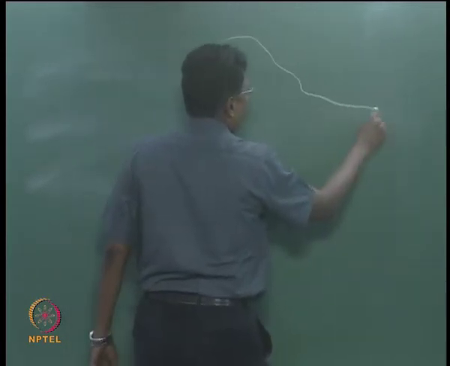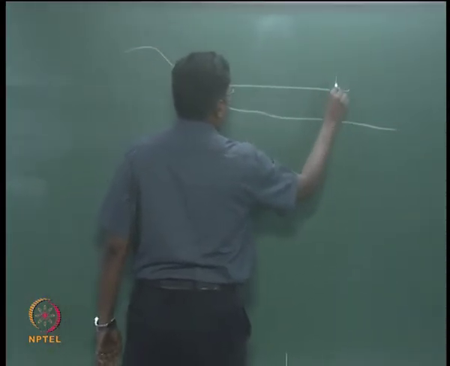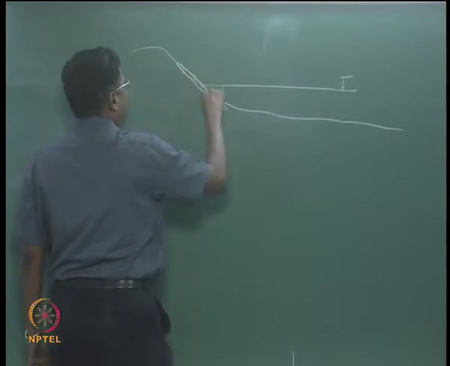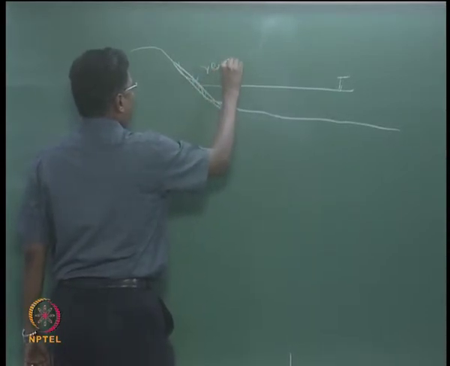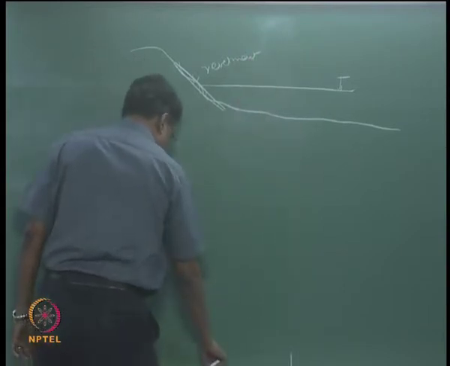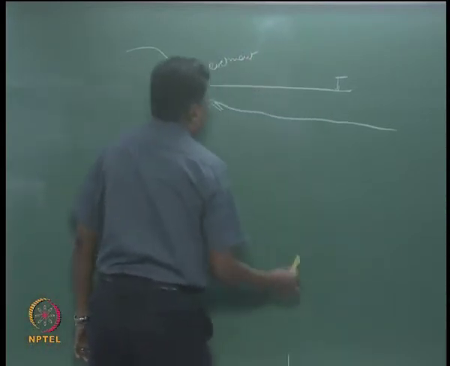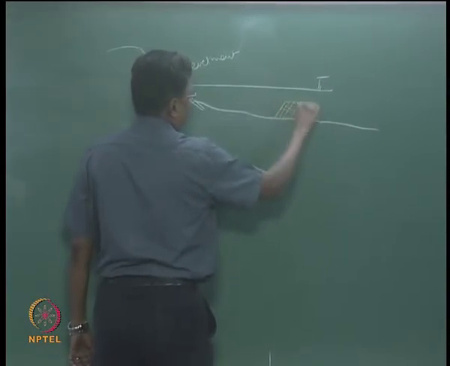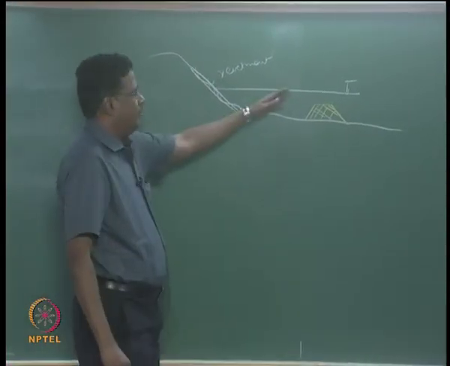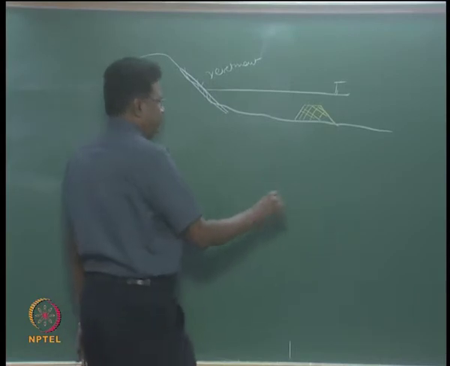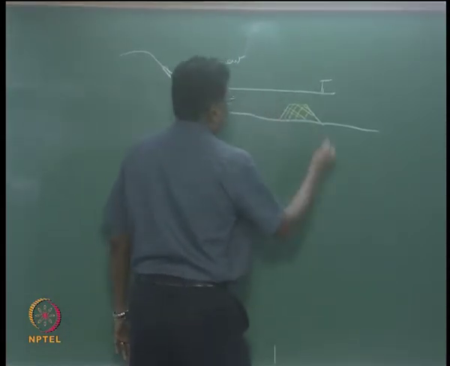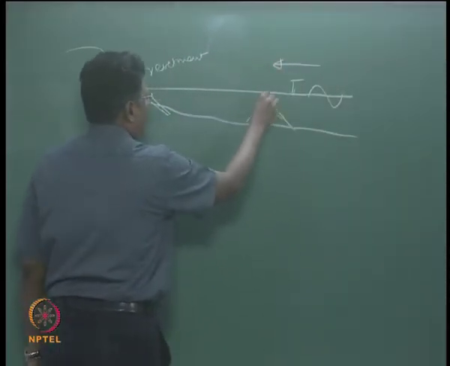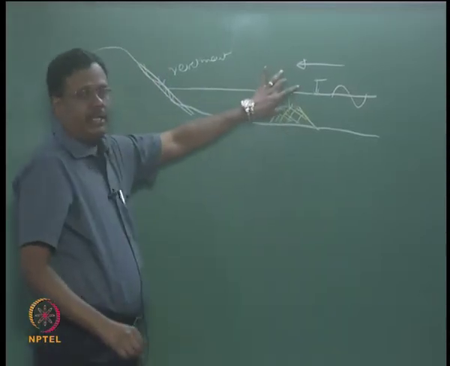Suppose you have a shoreline going like this and then this is your water level. Revetment means you put some structure on the slope, this is called the revetment. Then when you talk about the offshore submerged breakwater, this is some kind of a structure which we build below the water level. So whenever the wave is travelling from the seaside to the land side, when it comes over here the wave will break here.